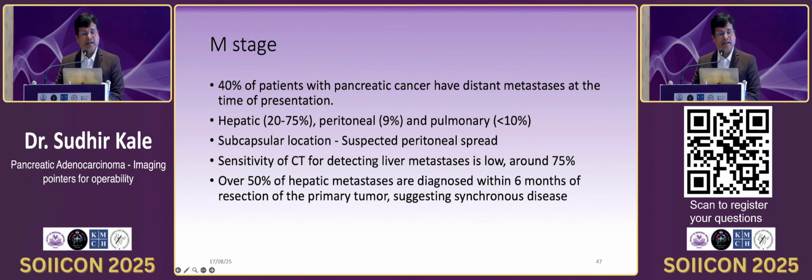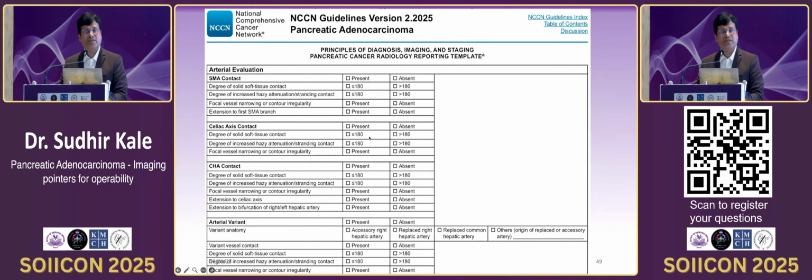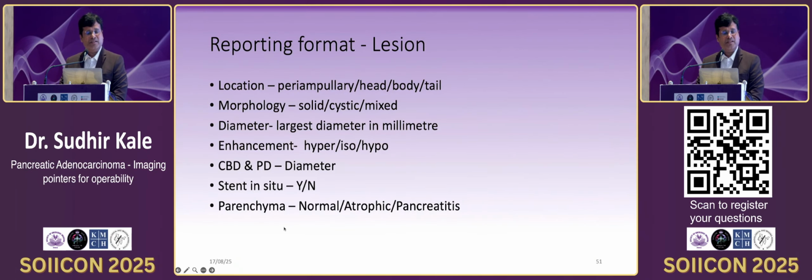Then coming to the template for reporting, a lot of reporting templates are there. You can take this directly from the NCCN guidelines. Generally you look at the morphologic evaluation of tumor size, length and so on. Then you look for the arterial contact and any arterial variations. Next will be the venous contact and any venous variations. This is how your reporting format should look like: location, periampullary, head, body and tail; morphology, solid, cystic, mixed;